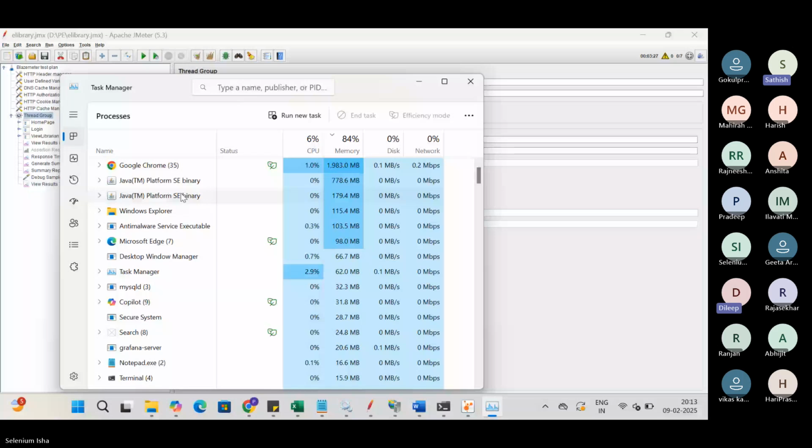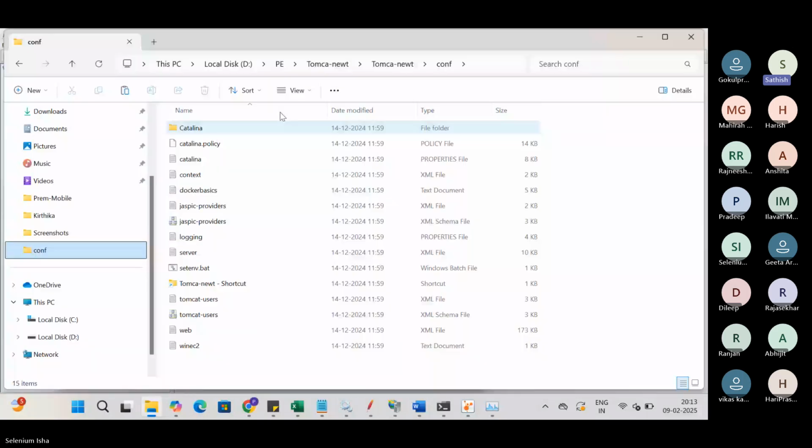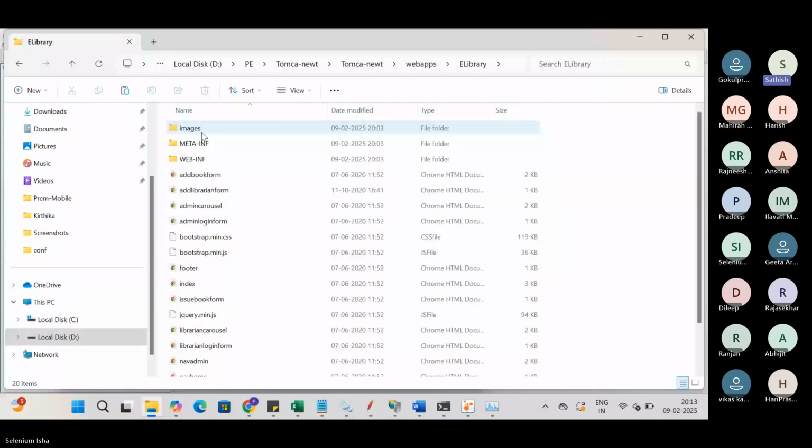In my E library, I have both. If I go into Tomcat, to the webapps, in the E library you see I have all my JS files, HTML files, and then if I go into the